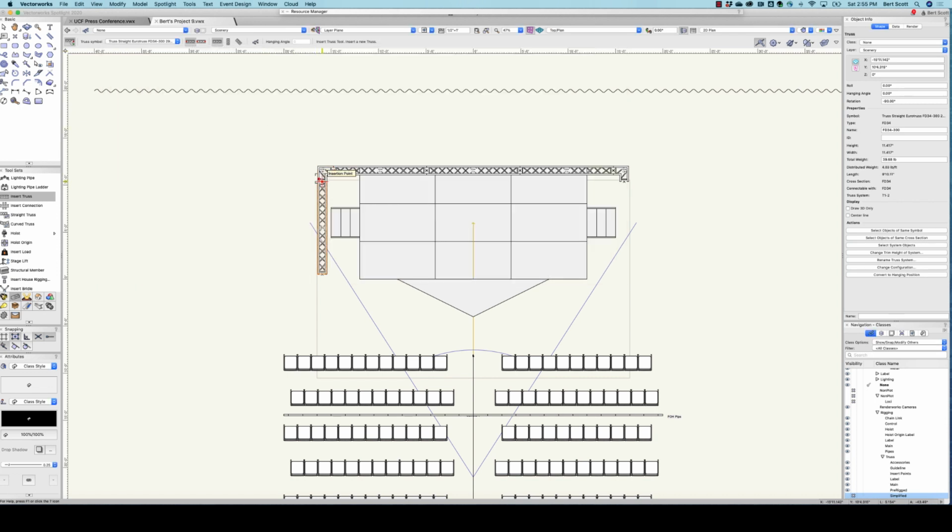So we want that there, and then we can select all of these plus the ends and use the mirror tool,